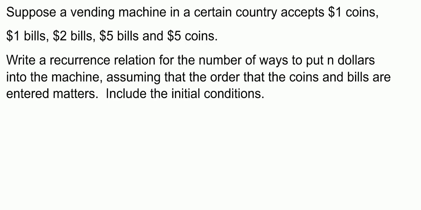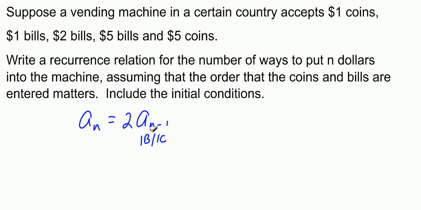And the idea behind the formula, right, is that if you want to figure out how to put n dollars in, you could think about how many different ways you could put n minus $1 in, and how could you raise the current total by $1? Well, you could either put in a $1 bill or a $1 coin, so there'd be 2 times the number of ways you could put n minus $1 in to bring you up to n dollars. So if you already had $7 in the machine and you wanted to get up to $8, you could count up all the ways to get to $7 and then either add a bill or add a coin, which would